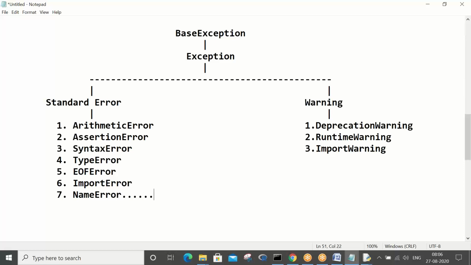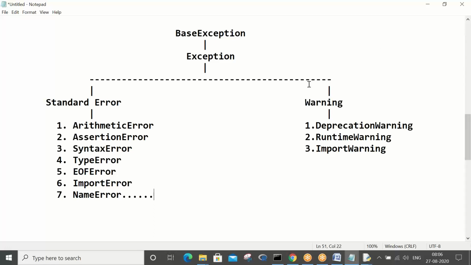Likewise you have multiple standard error classes. Every word on the screen is a pure built-in class in Python. Name error, import error, EOF error, these are all errors. For all these errors, the super class is standard error.